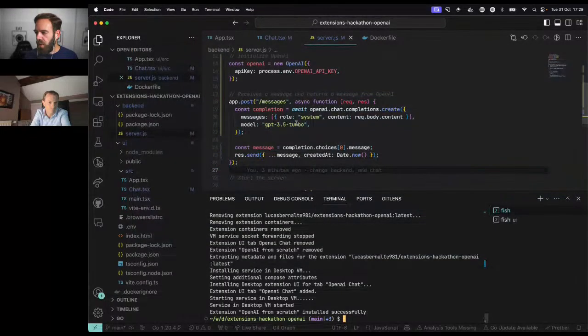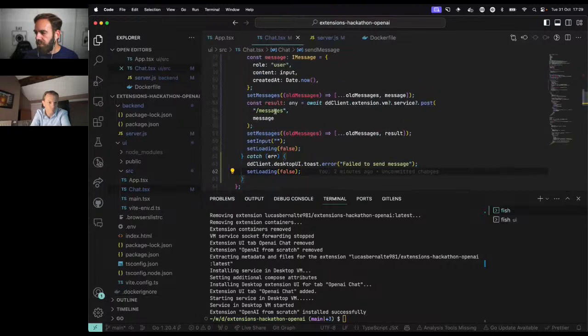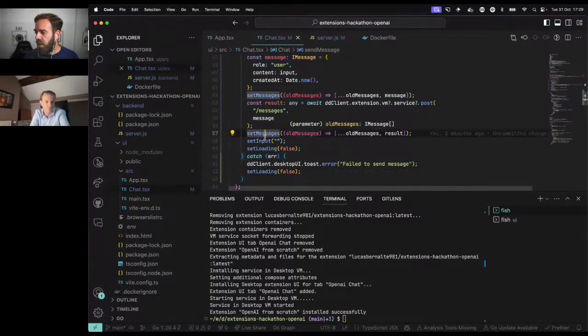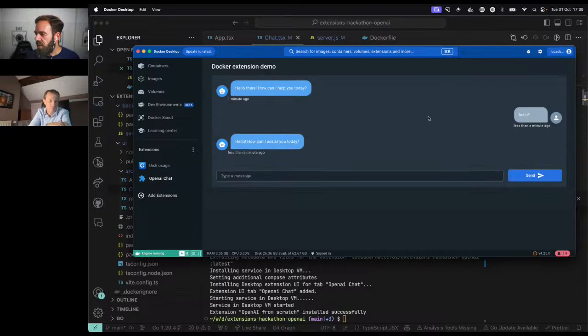Now, what it's doing is calling this messages endpoint. We're calling ChatGPT with the chat completions create method. We're getting the message and sending the message through the endpoint. Then the chat is setting the message in the list of messages that we have for the chat, the messages that we had and the new one that comes after the request. So if we hit send, sometimes it takes a while, but usually it takes just a couple of seconds. Hello, how can I assist you today? And this is coming from the OpenAI library response.